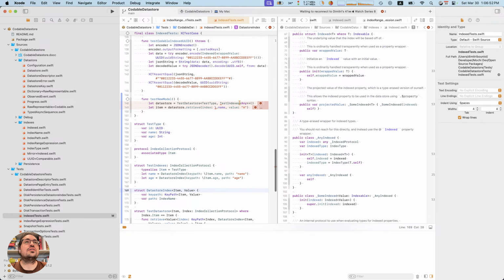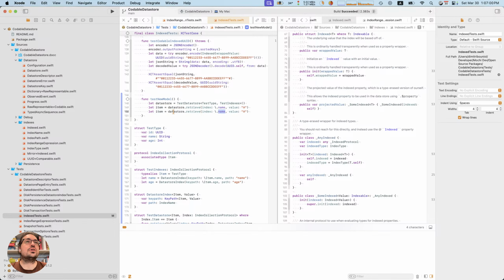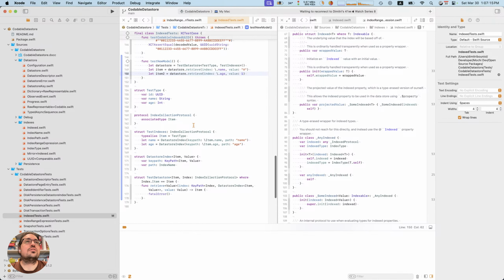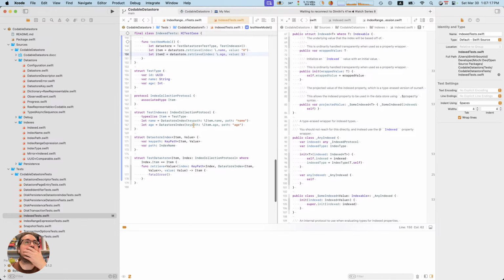Okay. Take two. That's specifying. Oh, look at that. And if I were to put item 2, age, that complains, but if I put number there, then that works. Okay, is this noticeably better or worse than what I had?